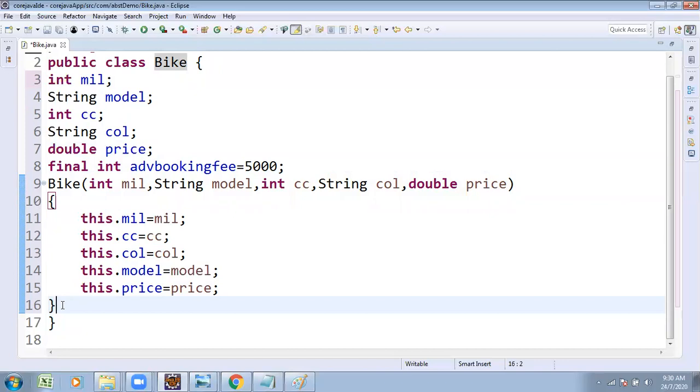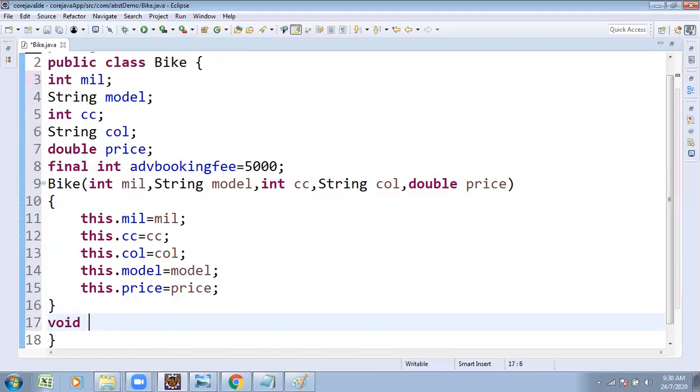Apart from that, I want to concentrate on one method: void customerRequirement.